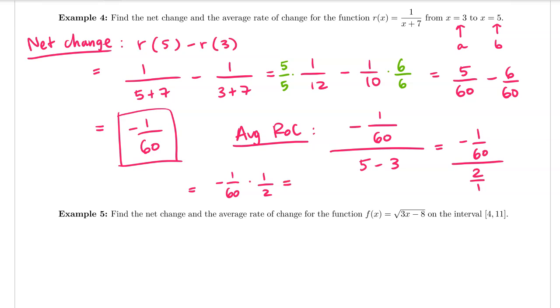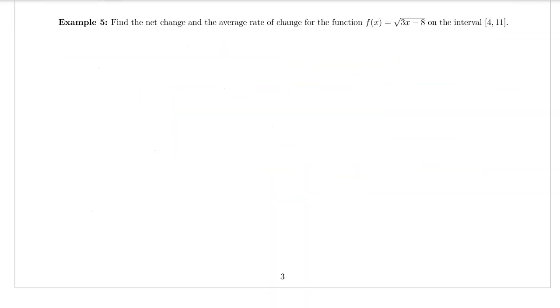And I can multiply these even though they have different denominators because I just multiply across. So negative 1 times 1 is negative 1, and then 60 times 2 is 120. So this is going to end up equaling negative 1 over 120, and that is the average rate of change for this question. Example 5 says find the net change and the average rate of change for the function f